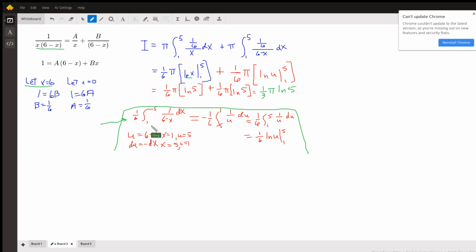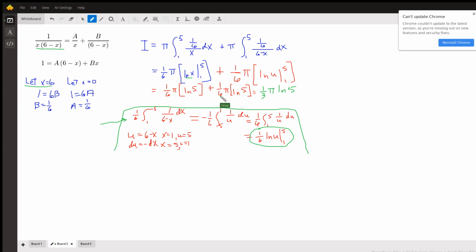and found out the new limits of integration go from 5 to 1. When x is 1, u is 5. And when x is 5, u is 1. But then if we invert or interchange these limits of integration, we change the sign and we're right back to the same thing we had up here. Okay, and so